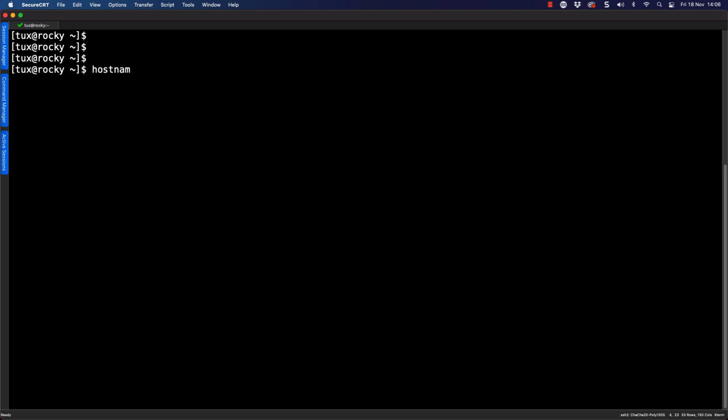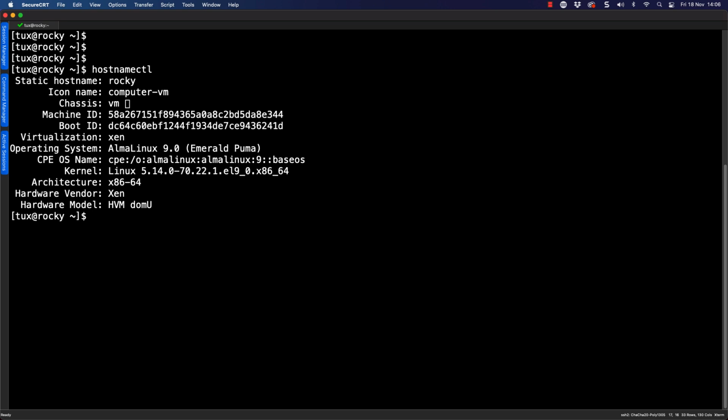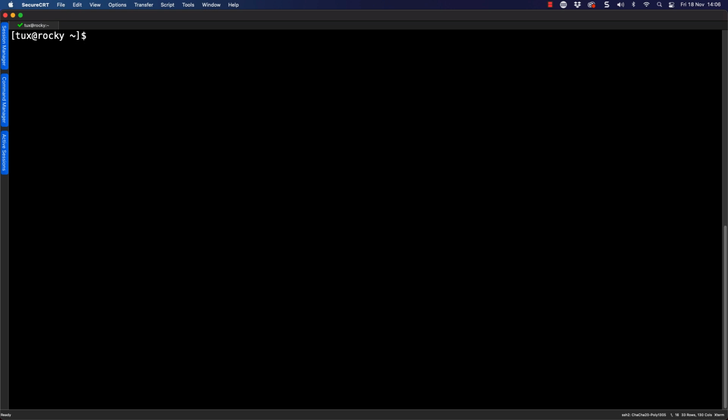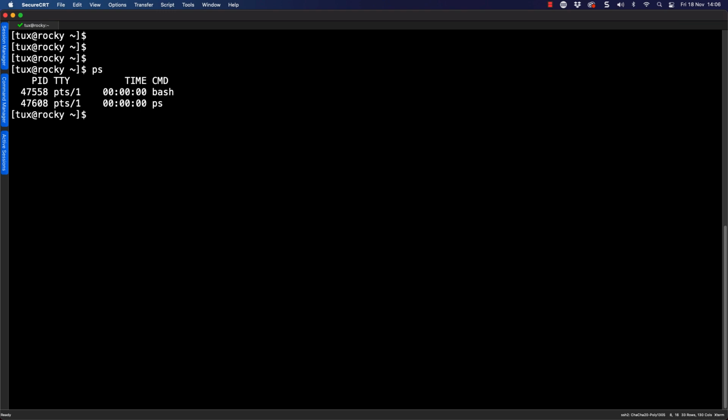The first thing is I'm going to run the hostnamectl command. And this just shows me that we're running Alma Linux 9, although to be honest, the Linux distribution that we are using is not so relevant. Any current Linux distribution is going to behave the same way. The shell that I'm using, which we can print with ps, will show you that I'm using a bash shell, but again, any modern shell is going to give you the same features through the history.